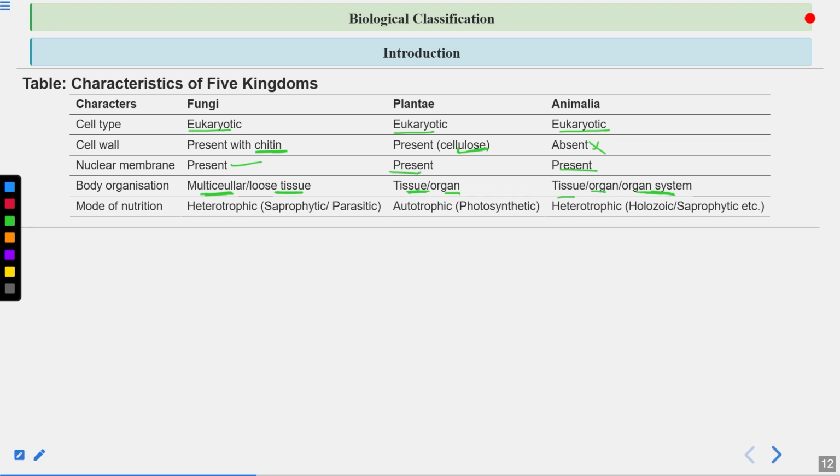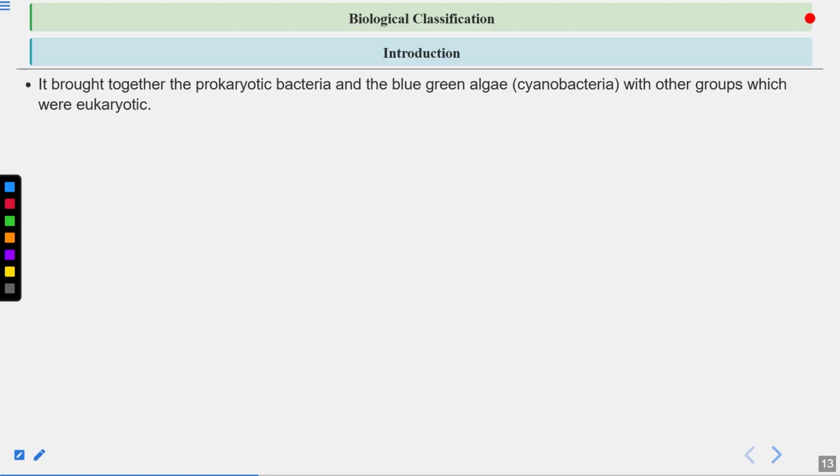Let's talk about mode of nutrition. Fungi, they are heterotrophic. Plants, they are autotrophic. And animals, they are heterotrophic. Mode of nutrition is holozoic, means they ingest the food, then they digest the food, and then they absorb the nutrients from the digested food. So here you can see,